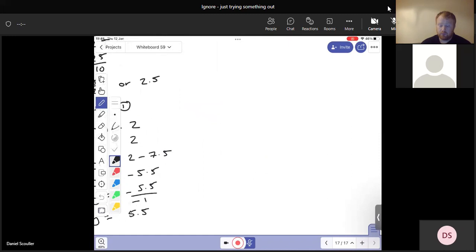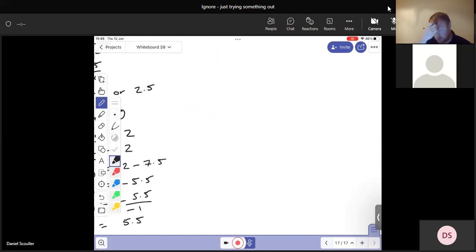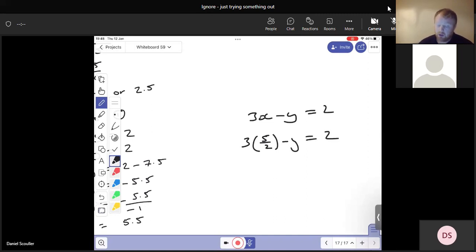So if we substituted the fraction into equation 1, we'd have 3x minus y equals 2, so 3 times 5 over 2 minus y equals 2. The 3 times 5 over 2 would be 15 over 2. That goes back to when we did fractions, when we multiplied fractions out. Remember, multiplying a whole number with a fraction, you're multiplying that top term, so it becomes 15 over 2